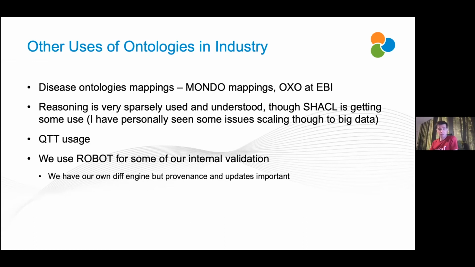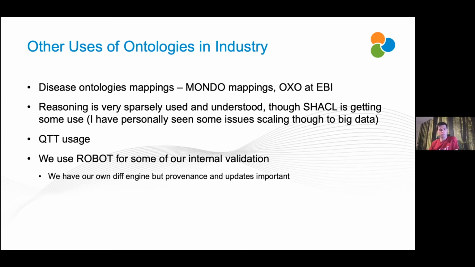QTT, so the quick term templates stuff. We support the usage of that in our tooling now as well, which is quite nice to see after all the years of using it through OBI. The ability to put stuff in a spreadsheet, set some stuff on a header, and then push that into a platform to load an ontology in is super useful. Everybody likes that. Sometimes they need a bit of help with the headings, but that's incredibly useful.